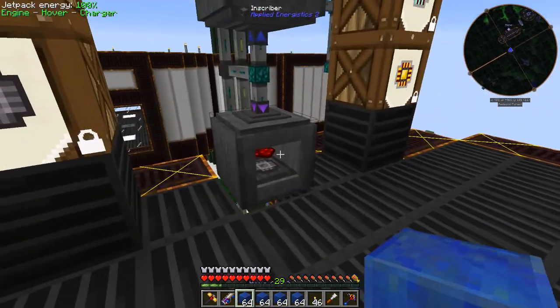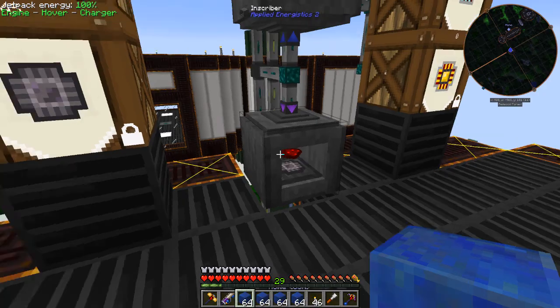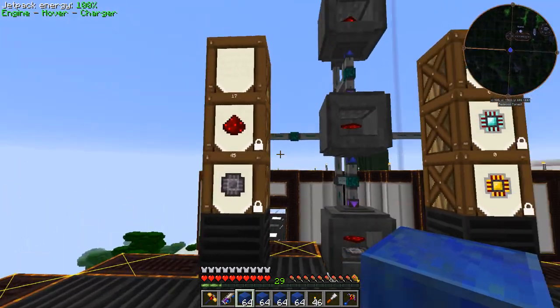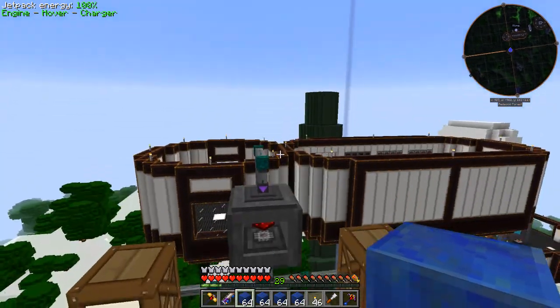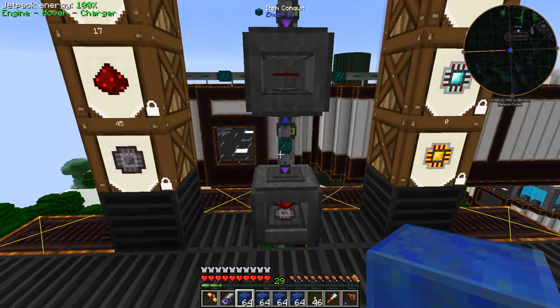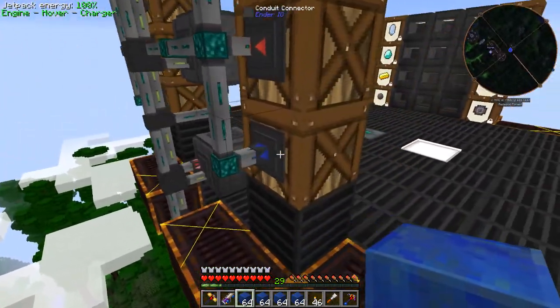So the way the inscribers work is anything that comes in from the bottom goes into that slot. Anything that comes in through the top goes into that slot. Anything that comes in through the side goes into that slot. And then you can pull the product out through the side as well. So the way this thing is set up, we have the three things, they got all inputs on the top, inputs on the bottom, inputs and outputs on the side, color-coded so that